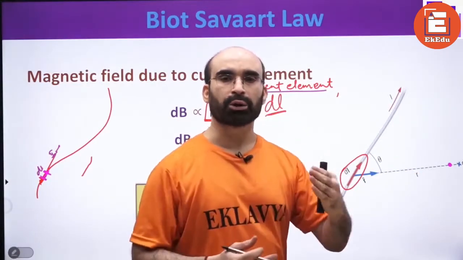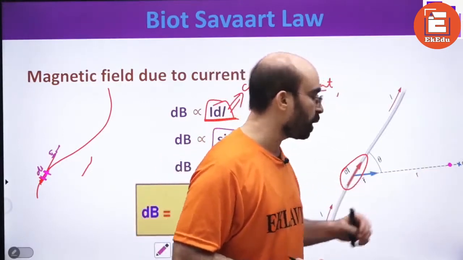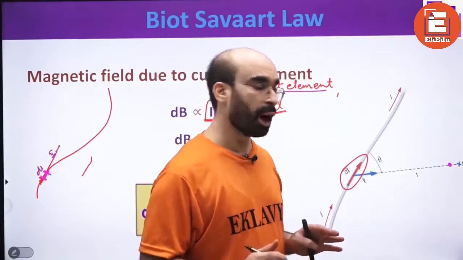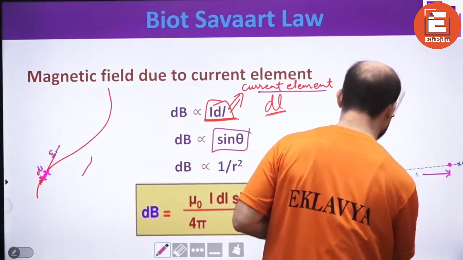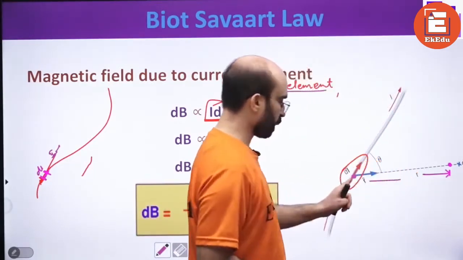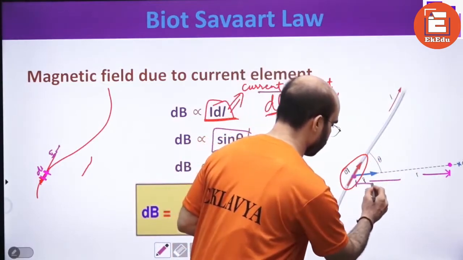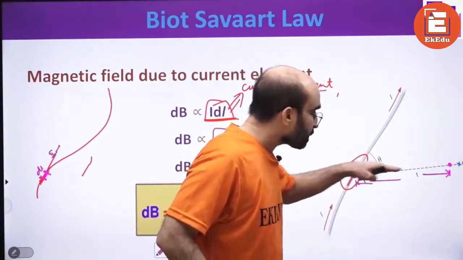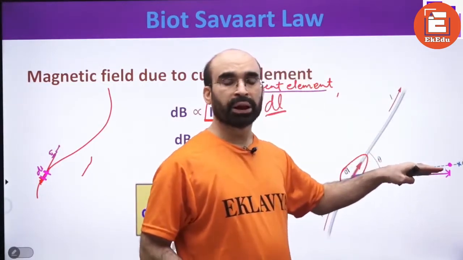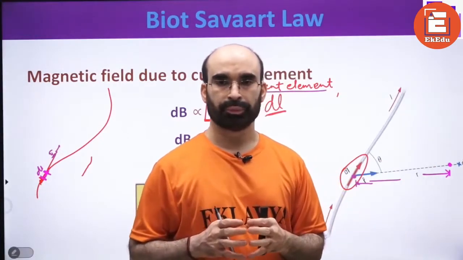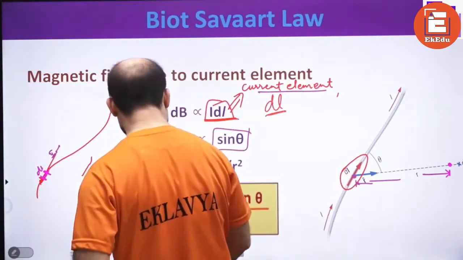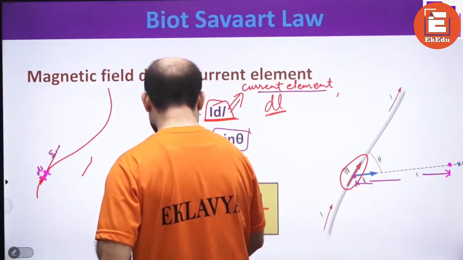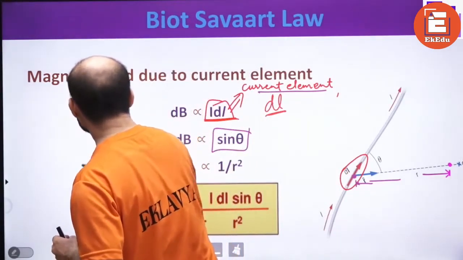We need to find out the magnetic field at that particular point, which is r distance apart from this particular segment, okay, r distance apart. So this also has some sense of direction, okay. So basically this theta is the angle between